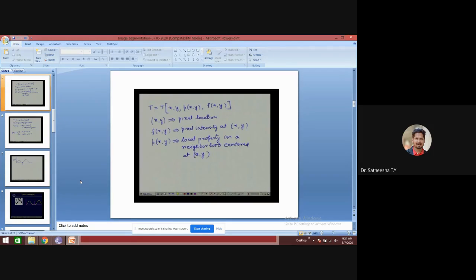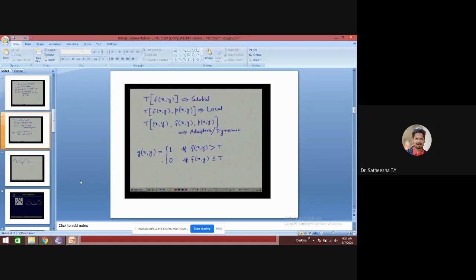This neighborhood property can even be the average intensity value within the neighborhood around pixel x comma y. So t can be a function of any combination of these three terms, and depending upon this combination, t can be either a global threshold, or a local threshold, or it can even be an adaptive threshold.